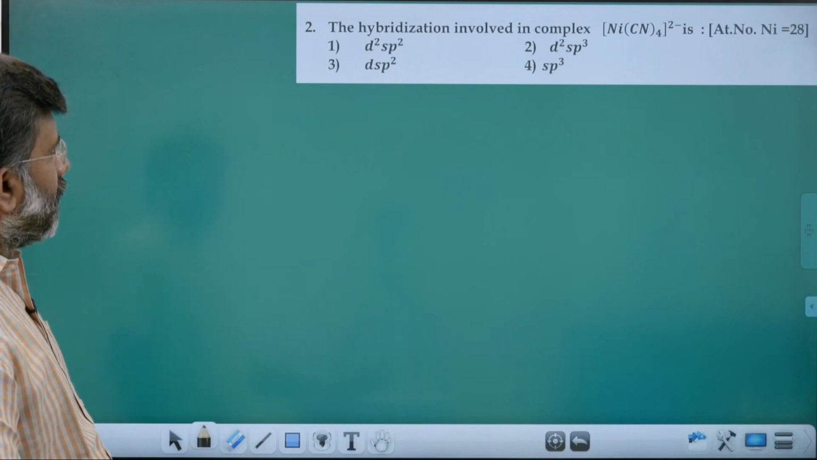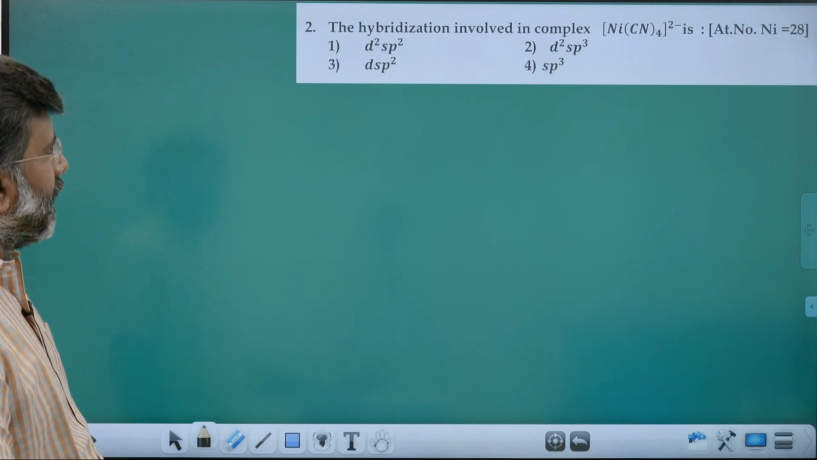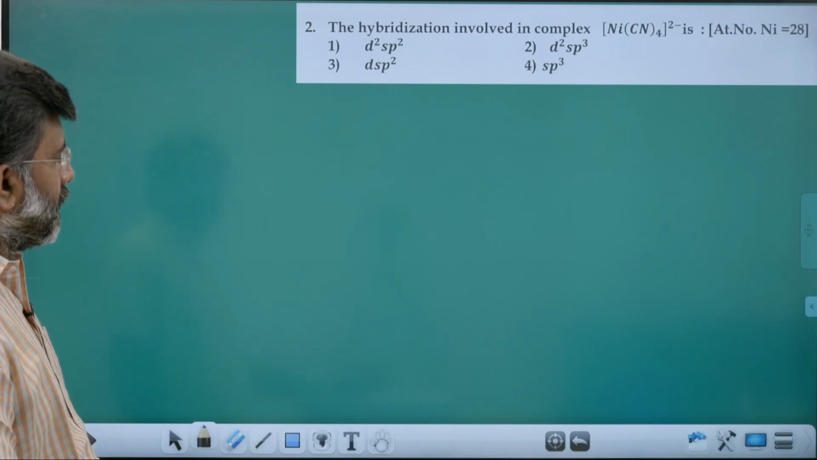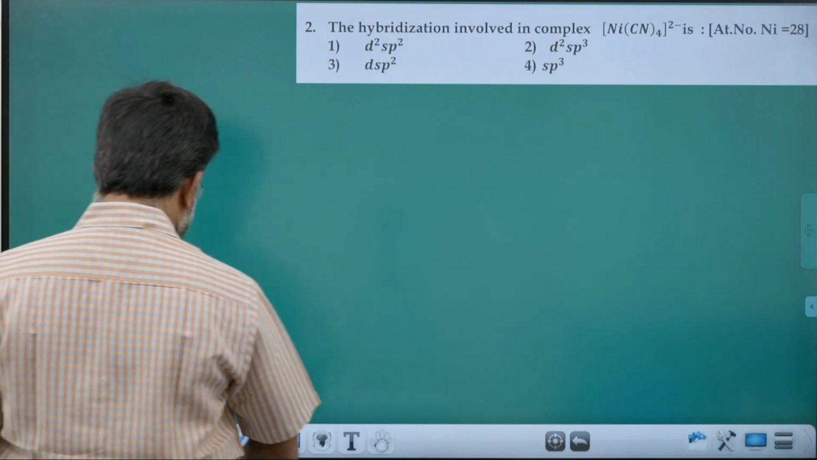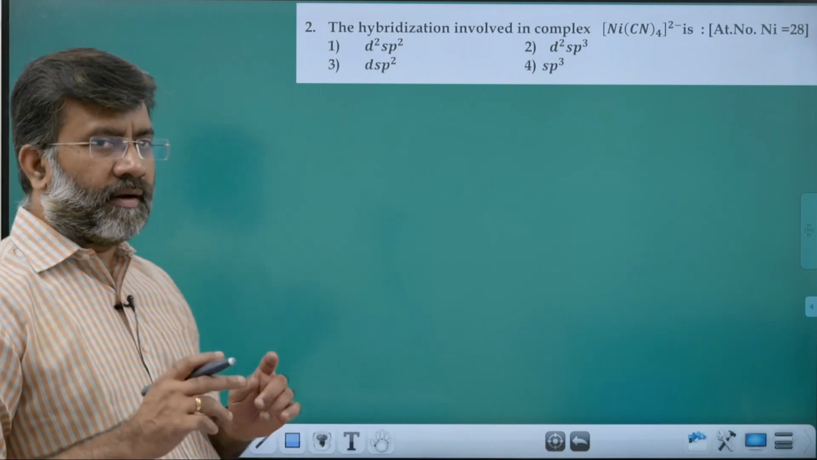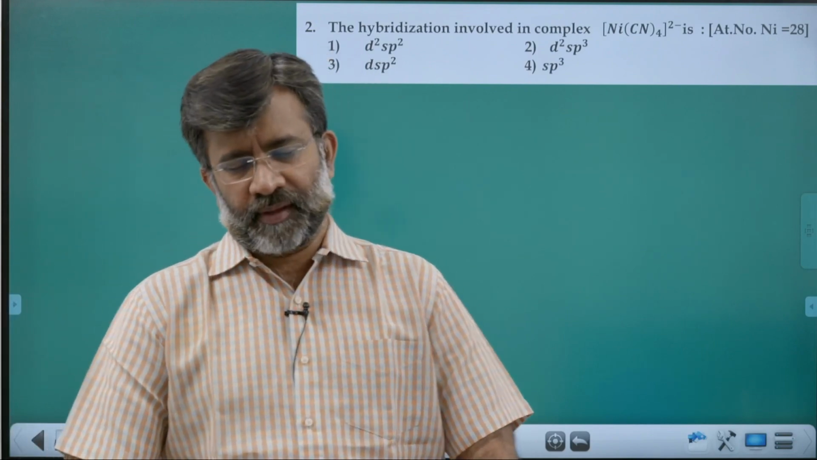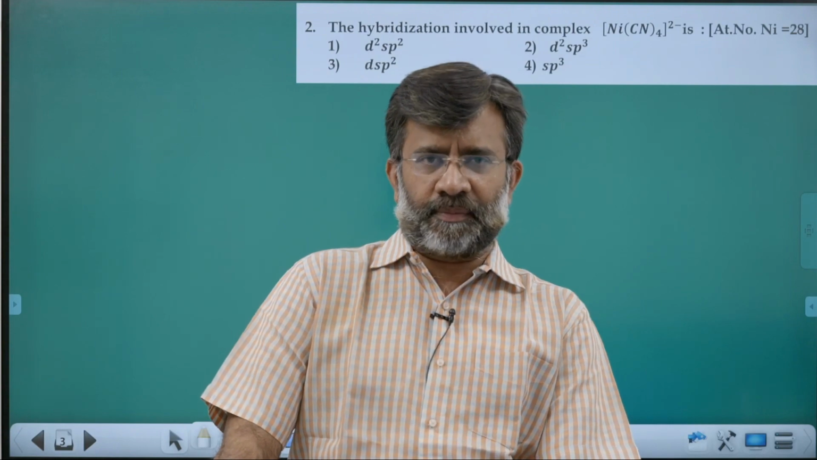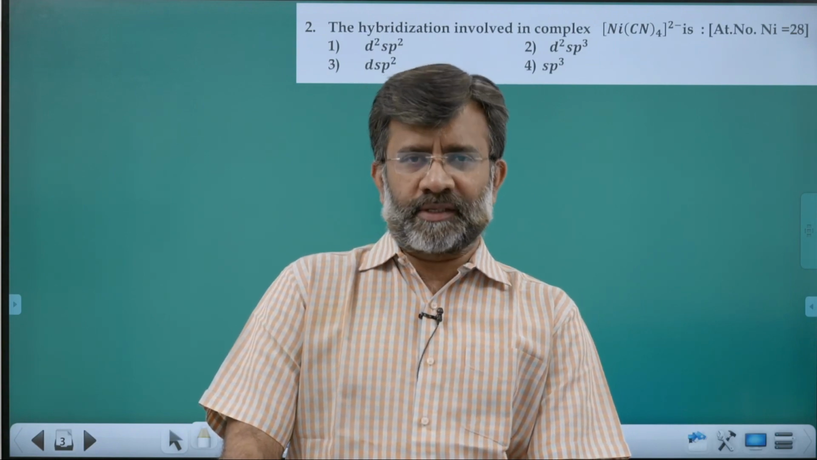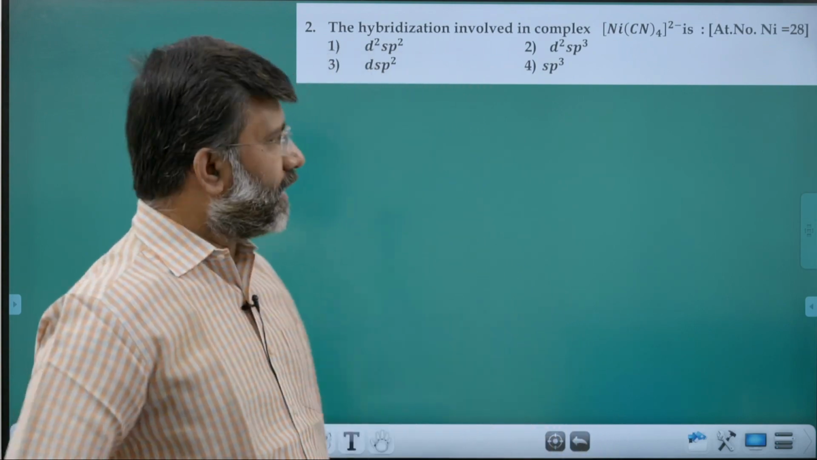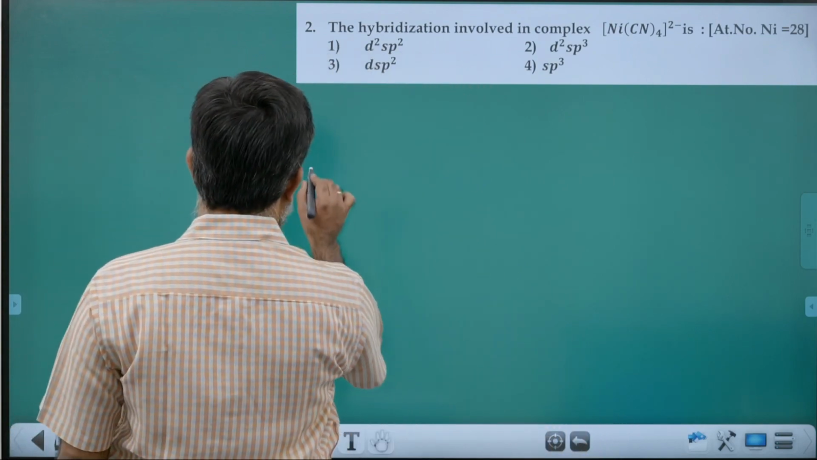Hybridization involved in the complex [Ni(CN)4]2-. You see [Ni(CN)4]2-, nickel undergoes what hybridization? A very famous molecule we are learning in the chapter, and you must know the answer also. You may be aware of the answer also. You see nickel is available in what state? Nickel